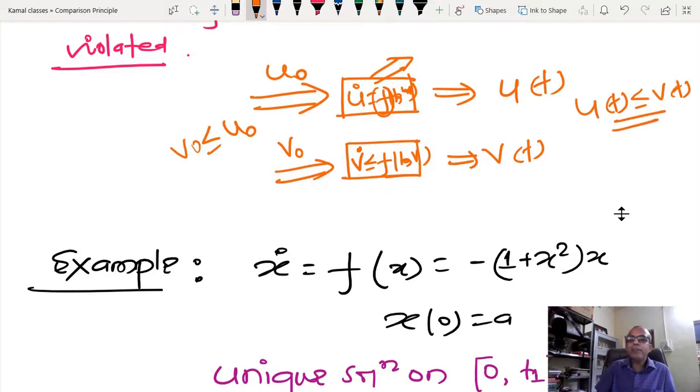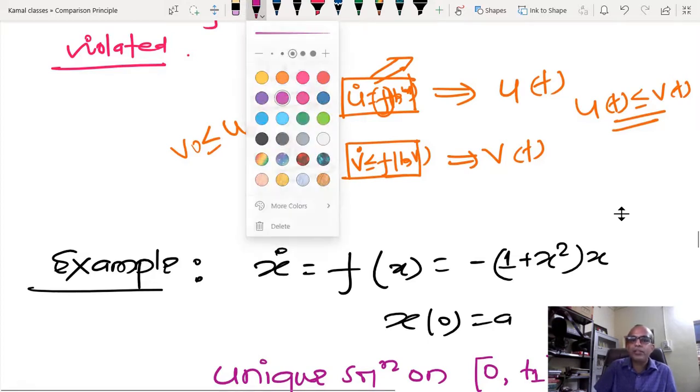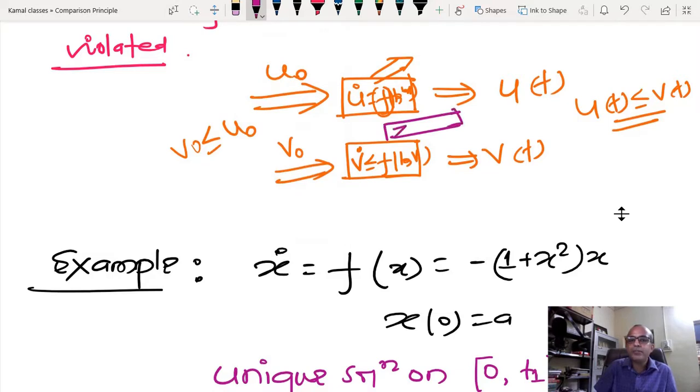So how have we proved this? We have generated some intermediate system in terms of z, which is the same vector field with some kind of parameter. After that, we showed that whatever solution of this we initially solved, u(t) remains bounded by this, and finally, with the help of this result, we showed that u(t) is always less than or equal to v(t). So those are the steps of the proof.